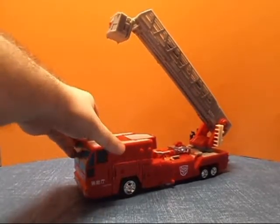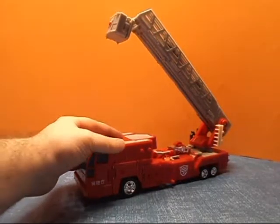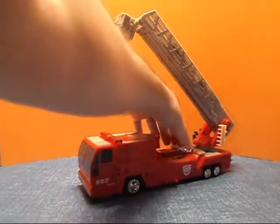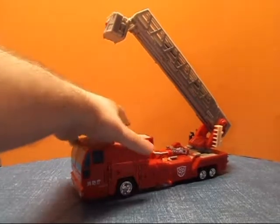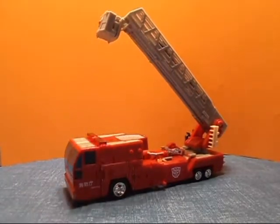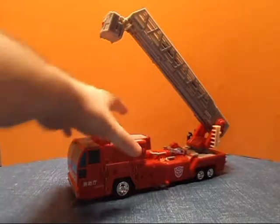Now he does have lights and sounds, but I don't keep batteries in my figures, so that doesn't work, and quite frankly, I think lights and sounds are annoying. I don't ever use them. The only electronics I like in Transformers is what makes them walk, like Omega Supreme or Trypticon. That's cool. Lights and sounds are annoying, sort of like squeaky dog toys. Don't like them. But here we go with